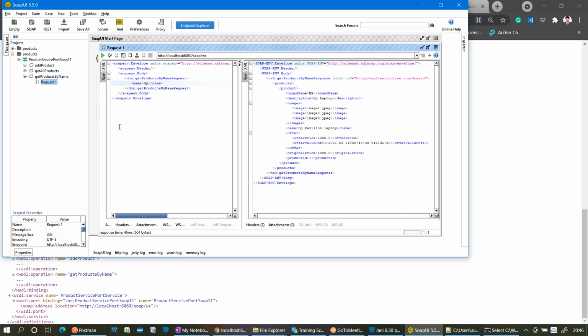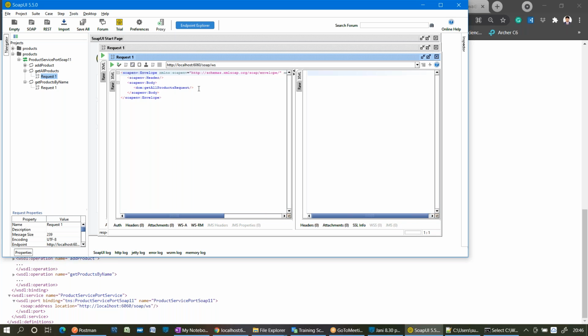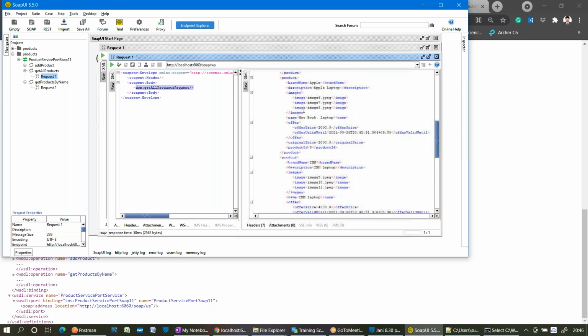Yes, only HP products. If I go with get all products and submit the request, do I need to give any input to this? No. Of course, we don't want to send any input parameter, but I need to submit this request. Based on that, it will get all the product details from that application.